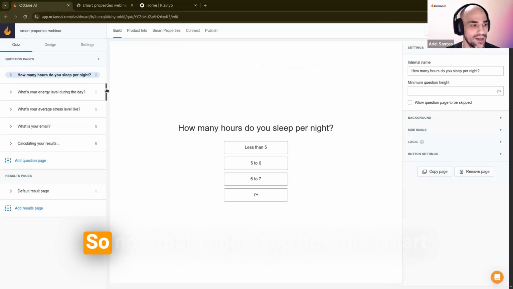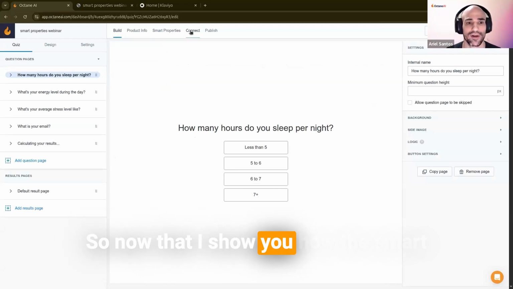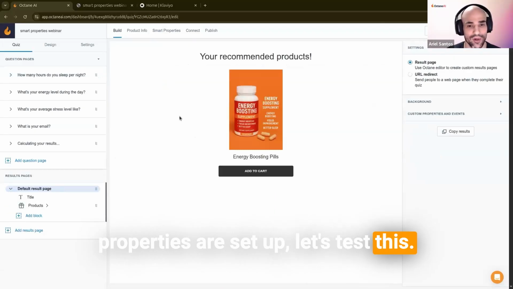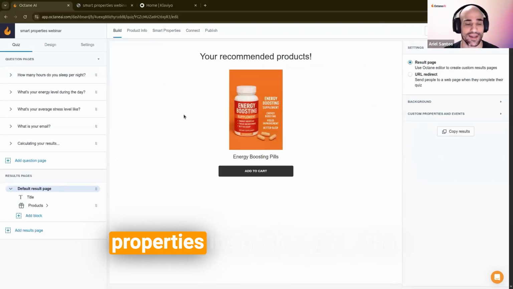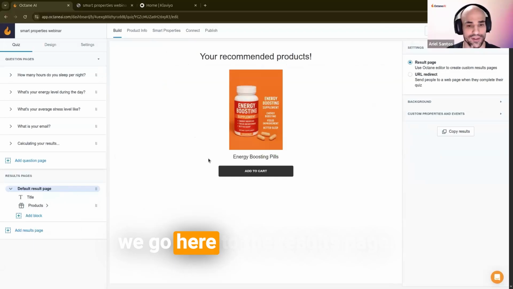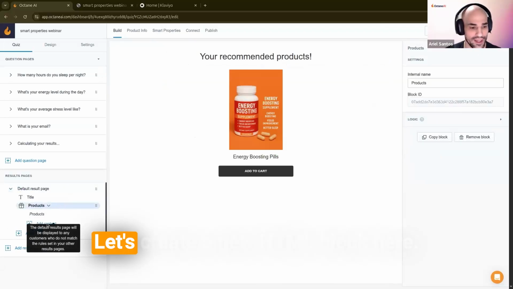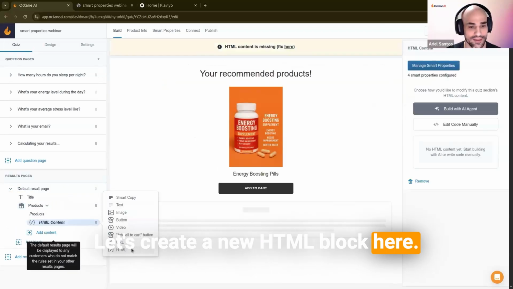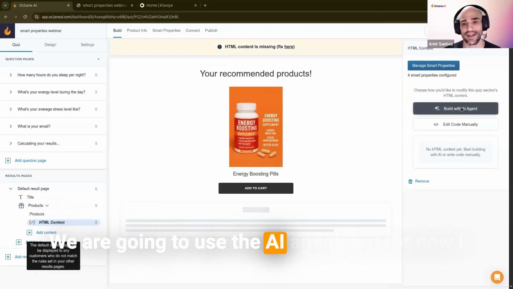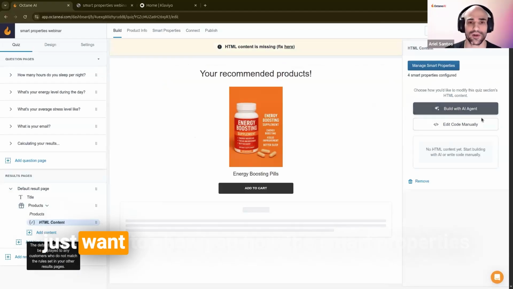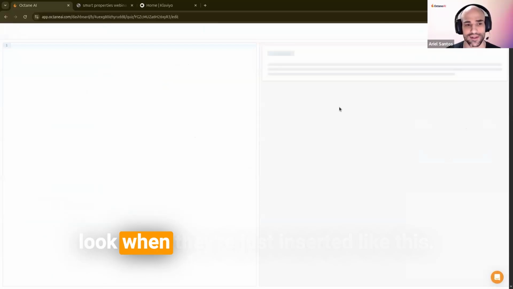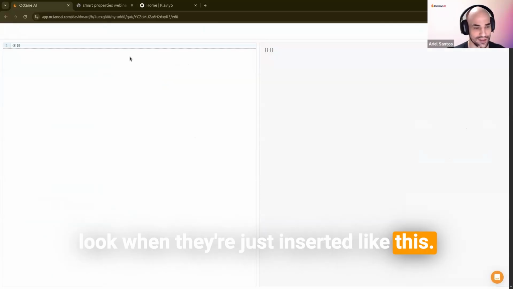All right, so now that I've shown you how the smart properties are set up, let's test this. So the way that we add the smart properties inside the quiz is that we go here to the results page. Let's create a new HTML block here. We are going to use the AI agent, but for now, I just want to show you how the smart properties look when they're just inserted like this. Health score,